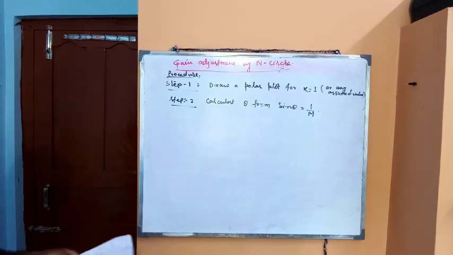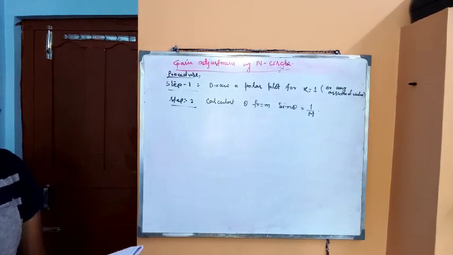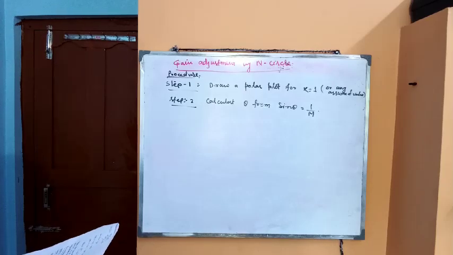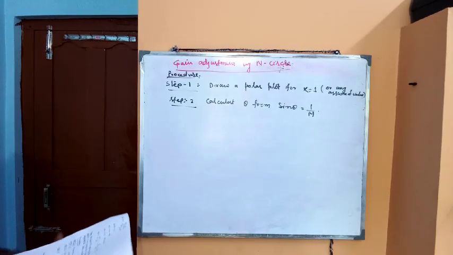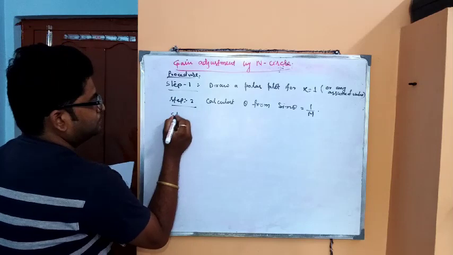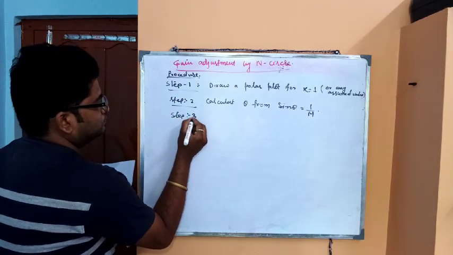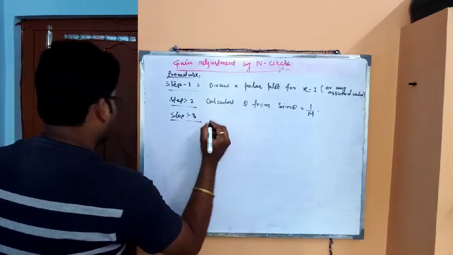Okay, now the third step: draw a line from the origin at angle theta with the negative real axis. This is the third step. Draw a line